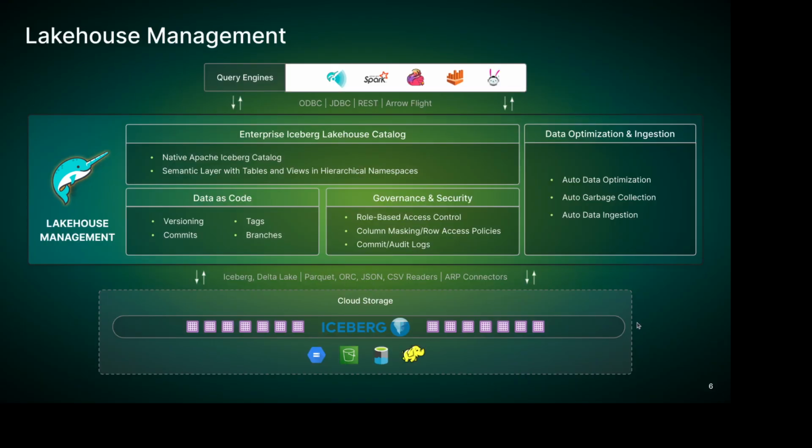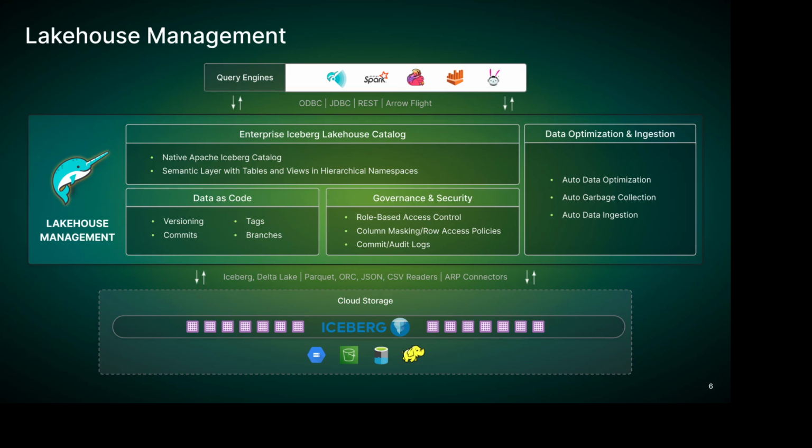And the final category of value that we bring to the table is lakehouse management, especially when you're implementing an Apache Iceberg-based data lakehouse. There's a lot of work, okay? Having to connect all your data sources, having to catalog your tables, maintain those tables. So Dremio brings a suite of features that are integrated into the platform that make it much easier to do this, with a catalog that's currently powered by the open source project Nessie. This catalog not only works with Dremio, but can be connected to by Spark, Trino, and other tools that can connect to the catalog.